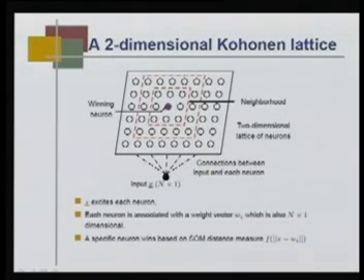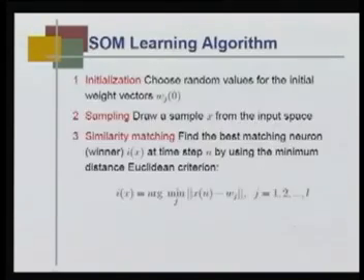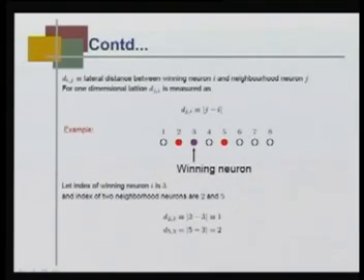Okay. Each neuron is associated with a weight vector Wj. A specific neuron wins based on the SOM distance measure. This is a Euclidean distance measure. Okay. The SOM learning algorithm is: choose random values for the initial weight vectors Wj, draw a sample x from the input space, find the best matching neuron at time step n by using the minimum Euclidean distance criterion, and then